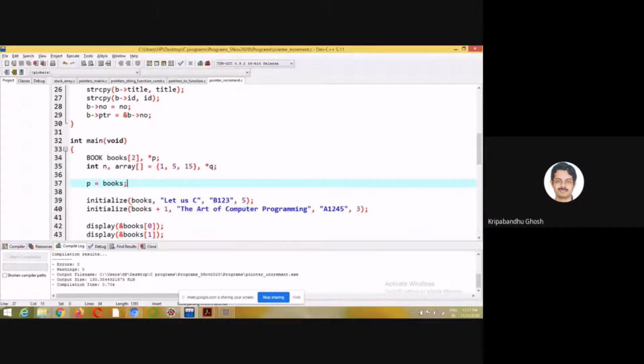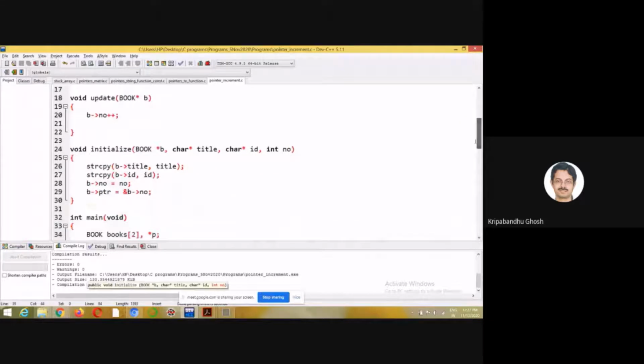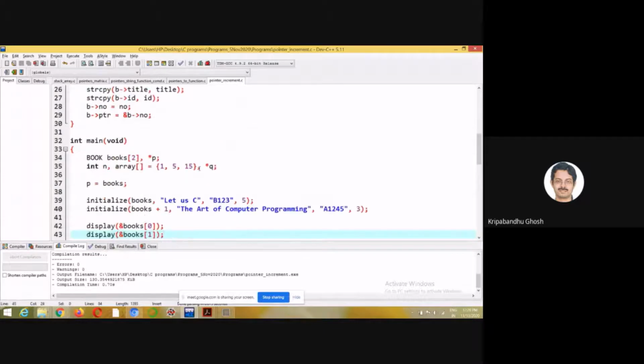So it is passing the starting address, but still, since this is an array, here I know in advance that it contains two elements. So it is passing these three values. This is the title of the book, this is the ID of the book, this is basically the stock of the book, so basically the number of books. It is passing this to this function, and see what it is doing. Okay, so it's passing ampersand book 0. So it is passing the starting address of book 0.